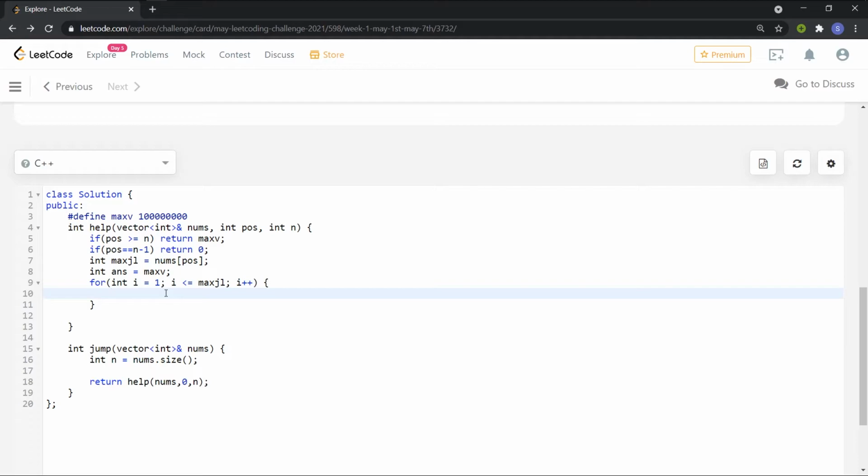So here, ans equal to minimum of ans and 1 plus help of nums, position plus i, and n.